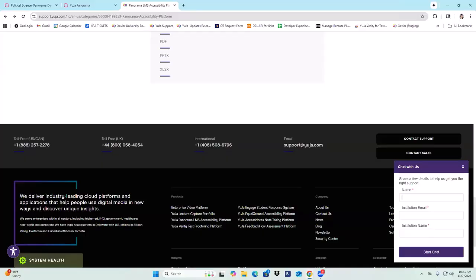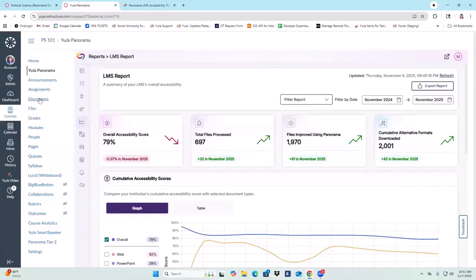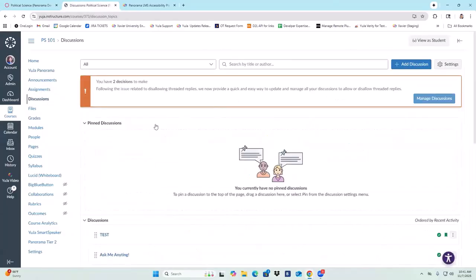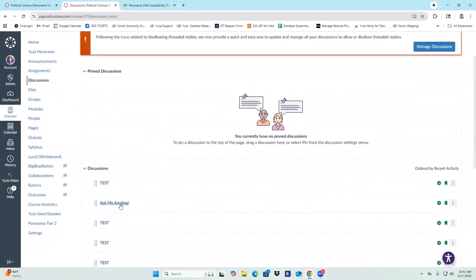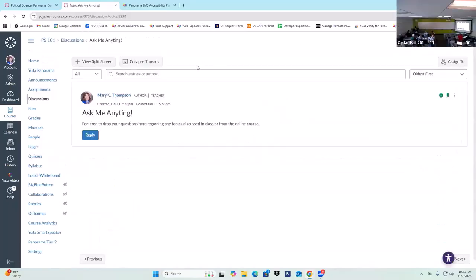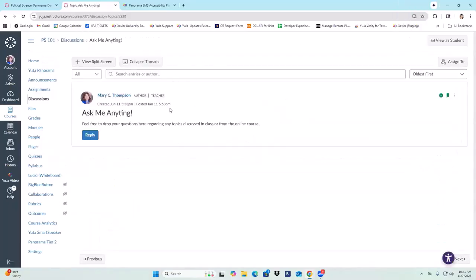We don't scan any student submissions for accessibility. In the discussions we only scan the actual instructor content, correct? So we'll only scan this in the description, but any other threads that come about, we don't, just because we know how that might affect the overall accessibility score of the course as well as the institution.